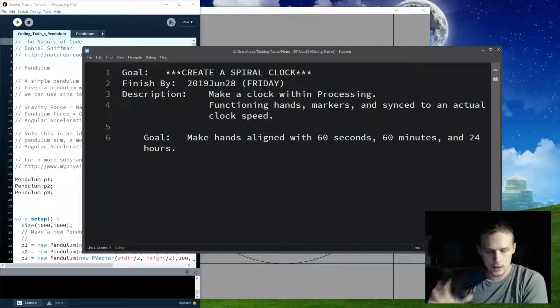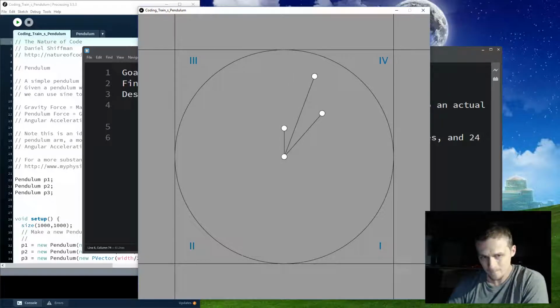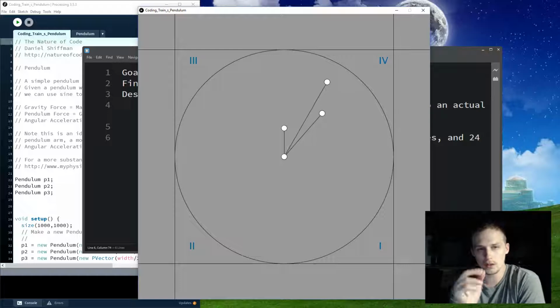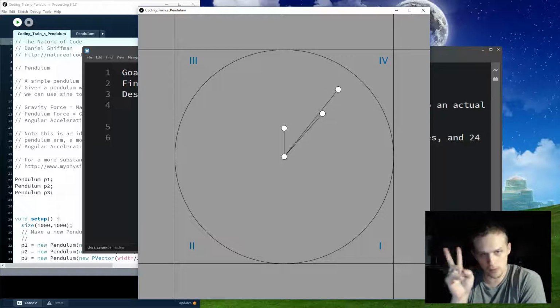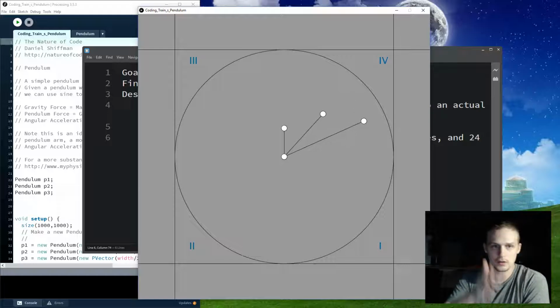Where I'm at with my clock right now, it's very simple. I just took somebody else's code, Daniel Shiffman's, for making a pendulum, and then I just tweaked and modified it here and there. There are two primary things that I need to do. One, put little slits or markers to note where each second, minute, hour